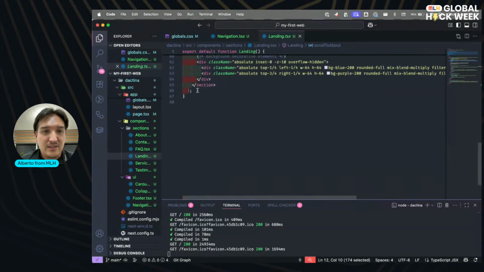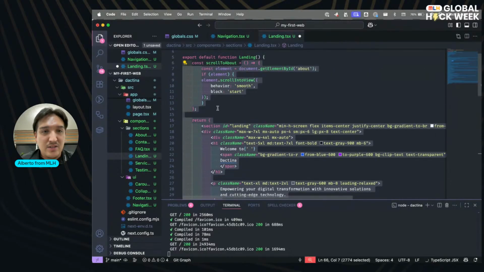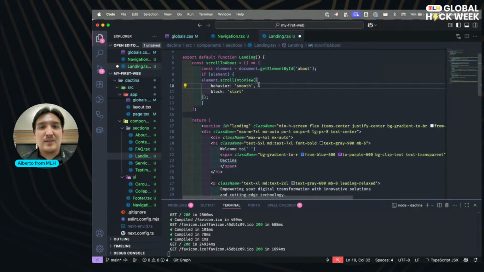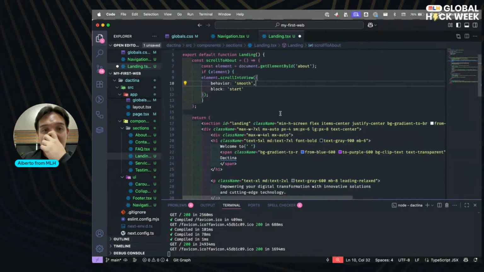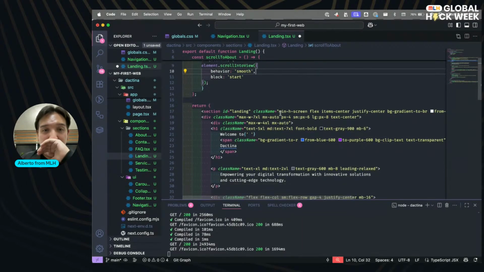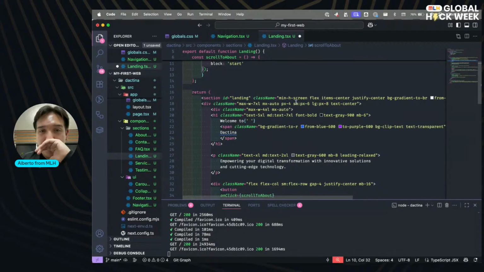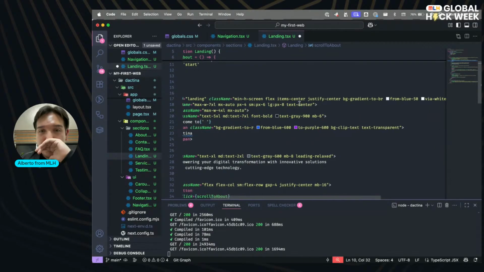Let's also give this the right indentation. About, behavior smooth, get element about ID, scroll to about, in the landing, min-h-screen from brew.